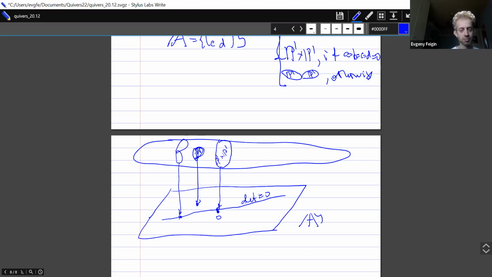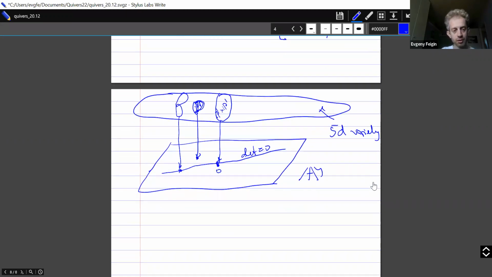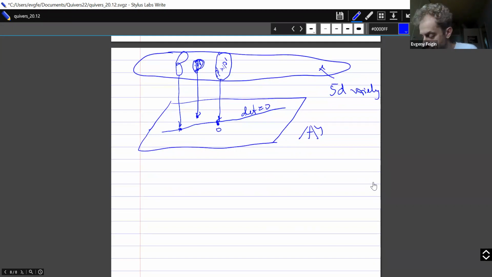So this is a very concrete example where you degenerate P1, and this degeneration somehow preserves the dimension until you get to this very special point 0. And then the dimension jumps and becomes 2. So you see, this is a 5-dimensional variety, smooth and very nice. But when you project it onto A4, the fibers are different and not of the same dimension. Okay, this is the picture. Good. So now,